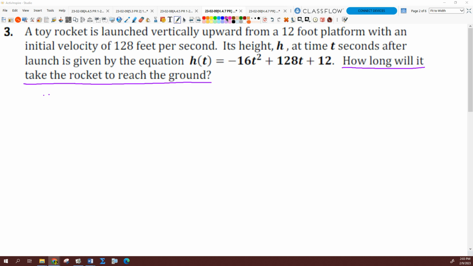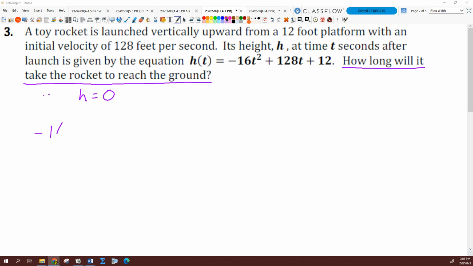So we got to find time, but reaching the ground, what's significant about that? What is zero at the ground? The height. Yeah, right? The ground is a height of zero. So we just want to know when is h equal to zero, right? So all we're doing is plugging zero in for h, and that's going to give us the equation